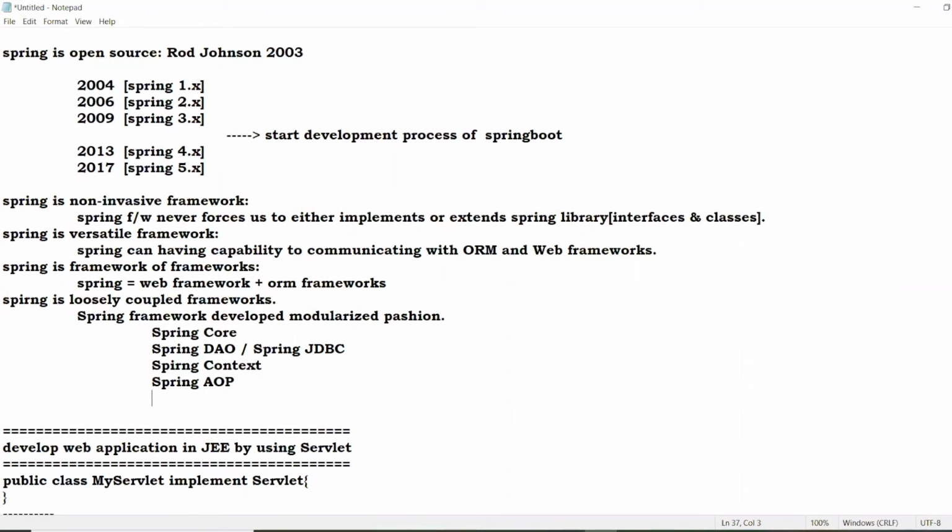That is the advantage. We'll see. Don't worry. First, let me complete the Spring overview. Spring comes to the market in modularized fashion; the Spring framework is a collection of modules.